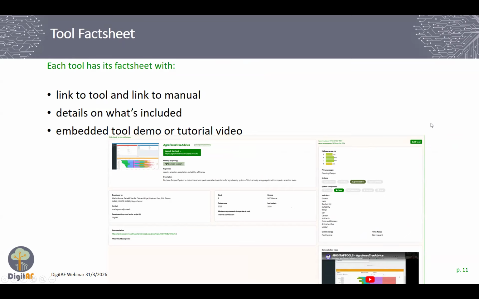And when you click on a given tool, you access its fact sheet with a link to the tool itself, a link to the manual, and some details about what is taken into account, what is included in it, and if there is a demonstration video, a link to or even the demonstration video embedded in the fact sheet.